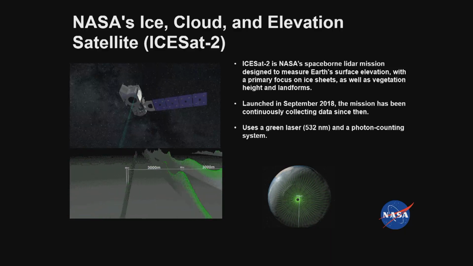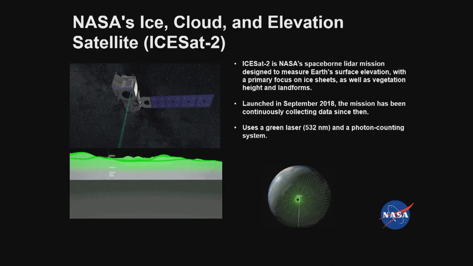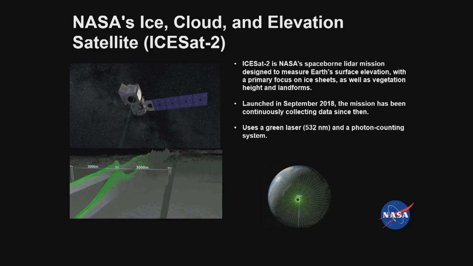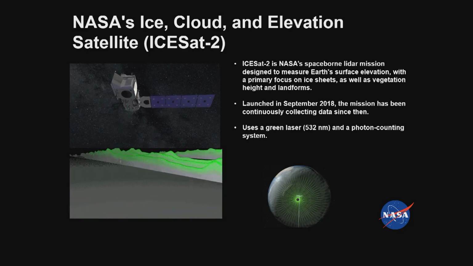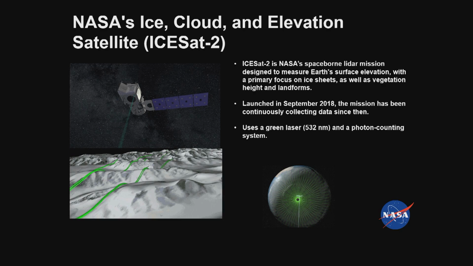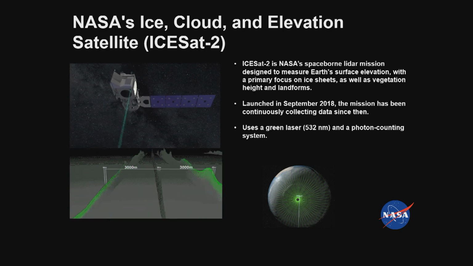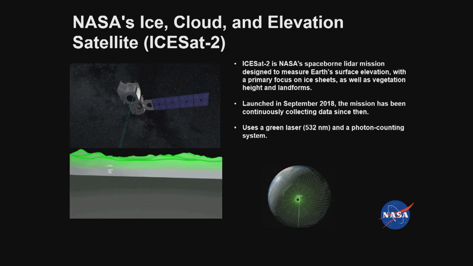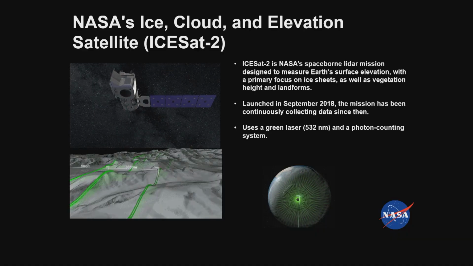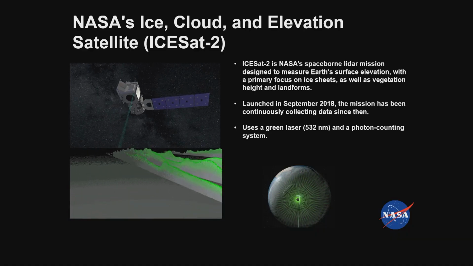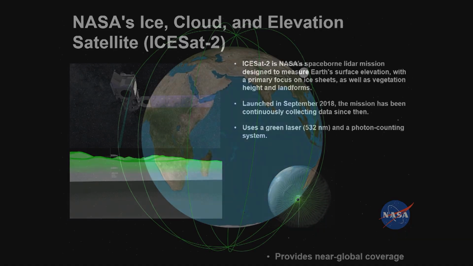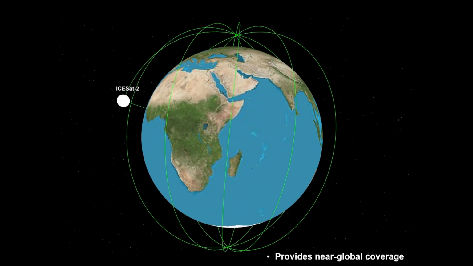Okay. So ISAT-2 is an amazing sensor that has been out there since 2018, collecting data. We can use ISAT-2 to measure forests. Initially, it was designed for cryosphere and land and sea ice, but we can use ISAT-2 for vegetation as well. ISAT-2 uses a green light instead of an infrared. And then here is how ISAT-2 collects the data.